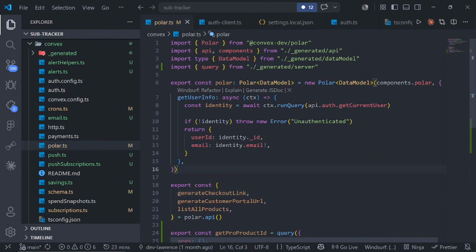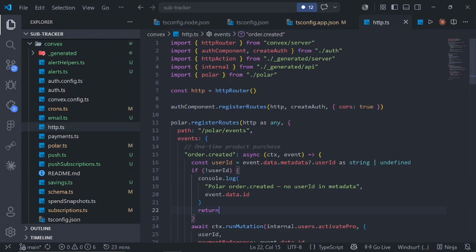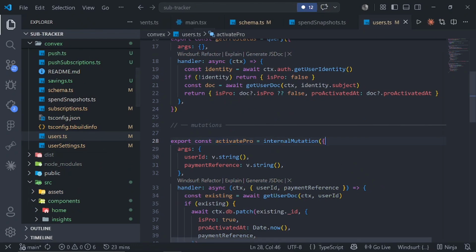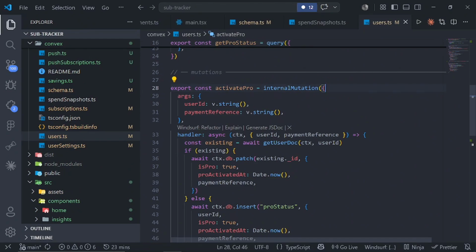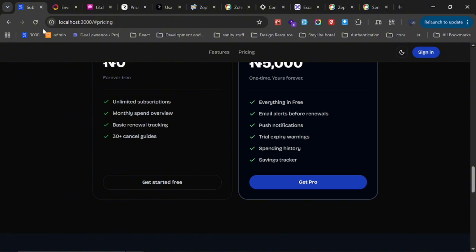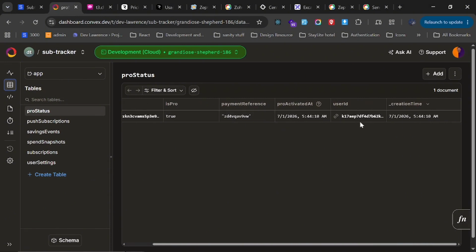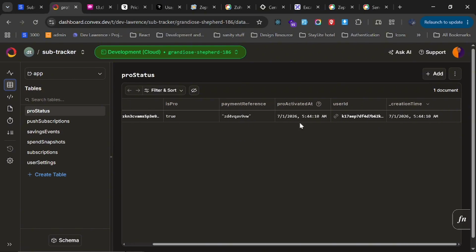As soon as that is hit and the payment succeeds, it's going to check via a webhook. So this is the webhook here. If it succeeds, it's going to activate the pro subscription, and the pro field is inside the users table. It's an internal mutation that runs, so it just changes their field to pro. Let me go to the database so you can see that. You can see that pro is not true. They give you a payment reference, depending on whatever payment provider you use. Then the user that